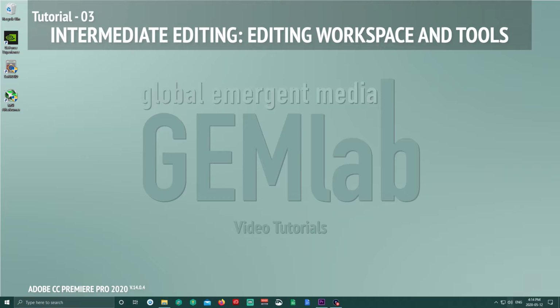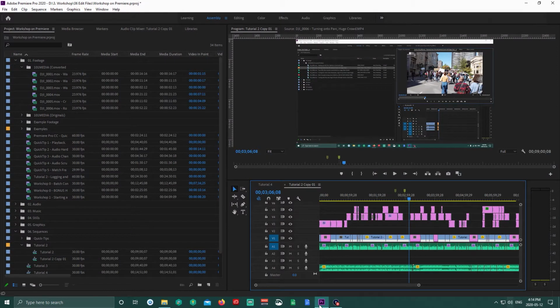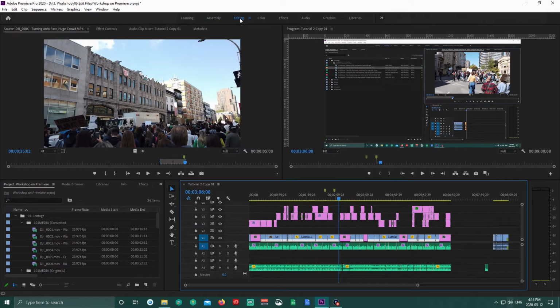This time we're going to look at the Editing Workspace, its additional tools, as well as the timeline more in depth. This tutorial is meant to follow tutorial 2, where we used the Assembly Workspace to create a basic timeline, as this layout is what I would suggest that you move to, given its focus on the tools you'll need